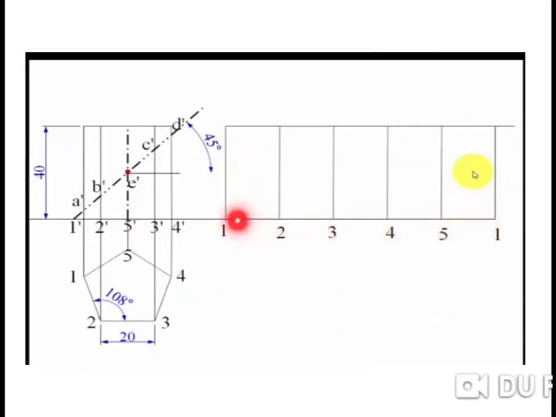If we fold it and match one line to the other, we will obtain the pentagon. This is the 2-3 edge, 2-3 to 2-3, that is away from the VP and nearer to the observer. These all are the side faces, rectangles of the pentagonal prism: 5 sides, 5 rectangular faces.